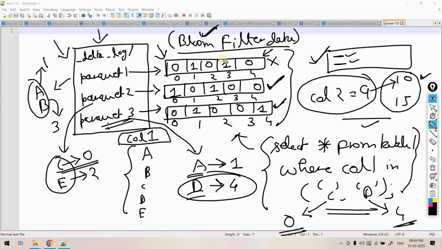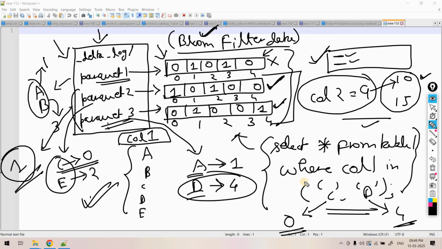That means for sure, column 1 in this parquet 1 file does not have value C or D. C or D related data is available only in these two parquet files. So that way Delta Lake will now scan only parquet 2 and parquet 3, and it will skip the parquet 1 file. So this is how the data skipping operation works in Delta Lake with the help of Bloom